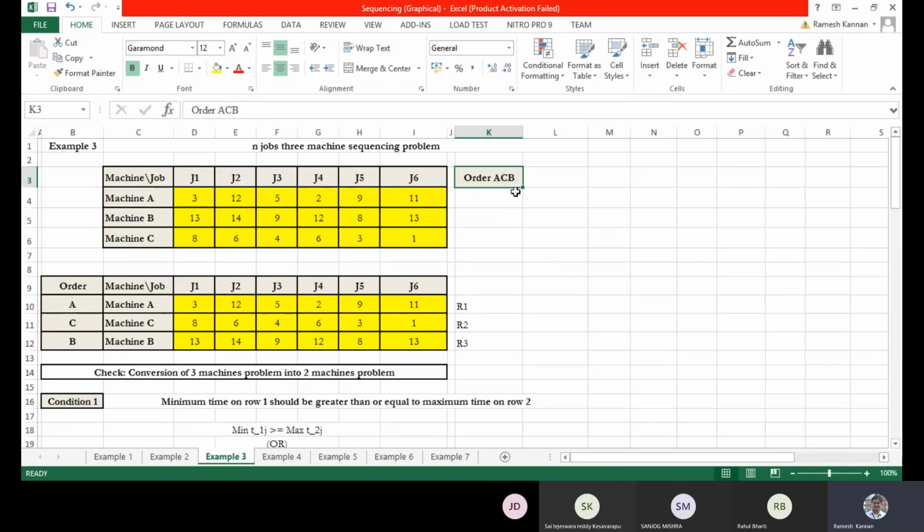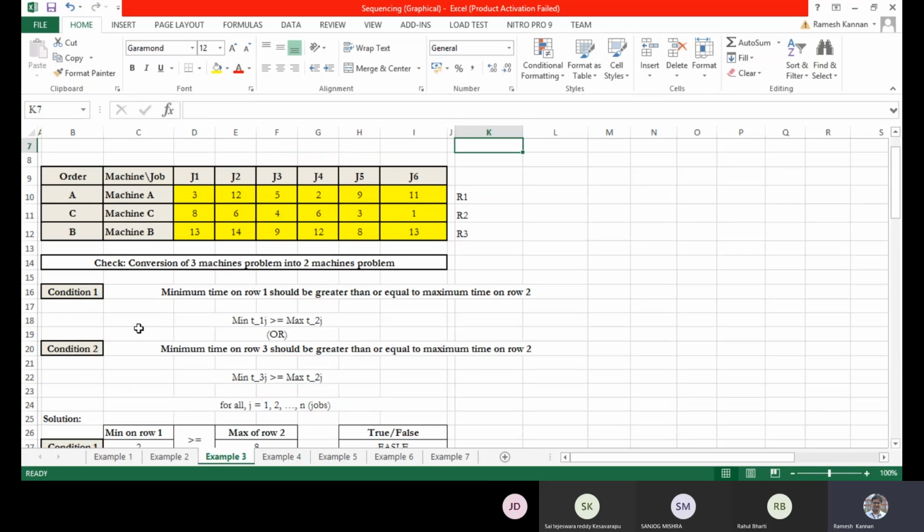If there is no order mentioned in the question, it is understood to be ABC, a proper sequence. You can even try a different sequence, but you have to mention it based on the order. Then comes the conversion of the 3 machine problem into a 2 machine problem.